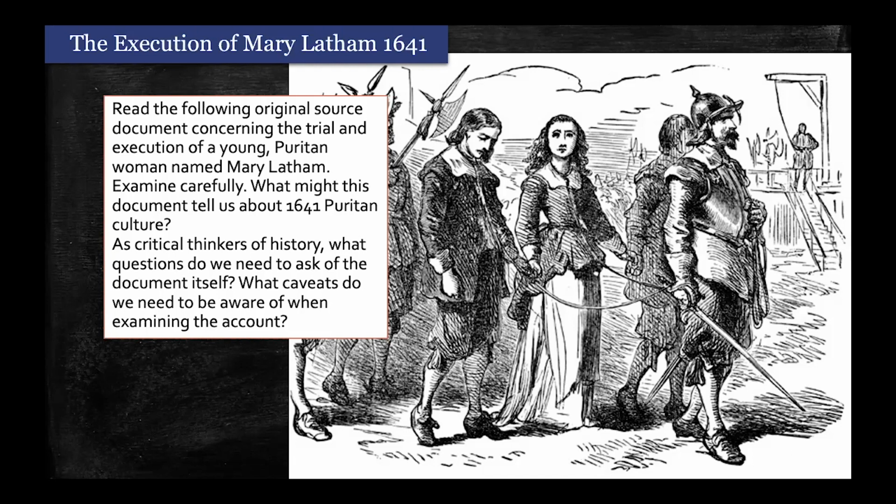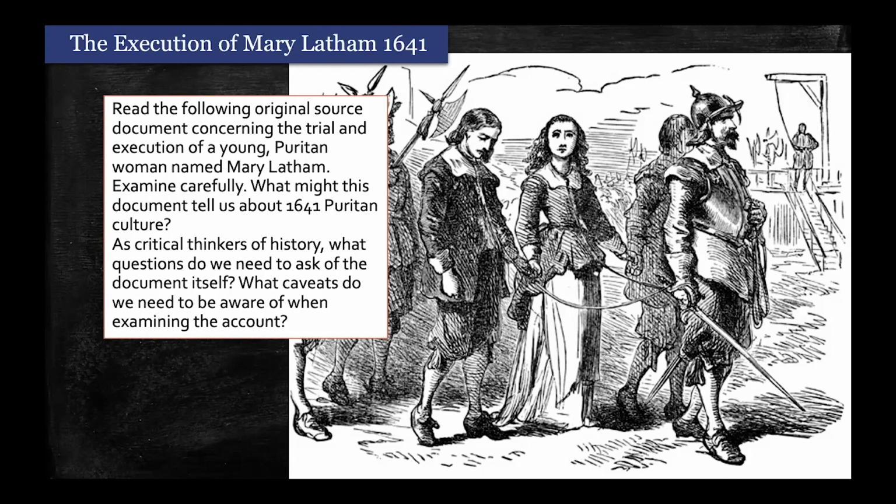Who is writing this document? Who are they? What informs their view of history? Do they have an agenda in writing this document? Why are they writing it down? For simply historical reasons as a chronologist? Or are they writing a moral lesson to teach the people of their time period and subsequent generations not to commit sin? We have to ask ourselves these things, especially if a Puritan leader is writing this down. We have to be critical.